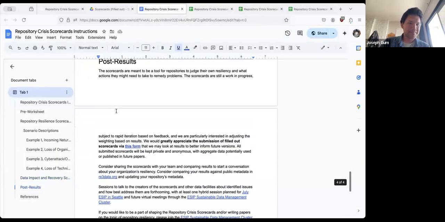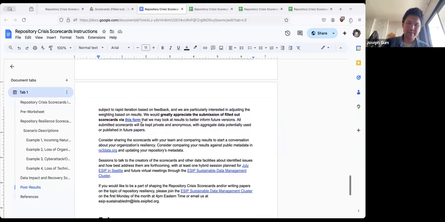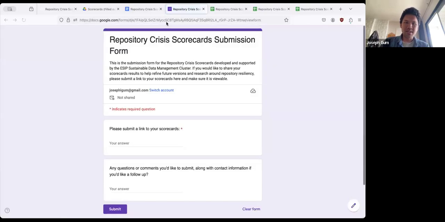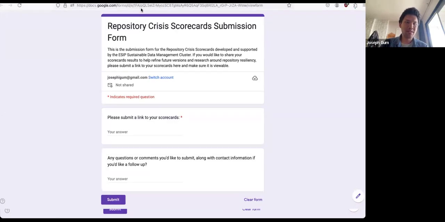And so finally, like I said, we've finished the first version of the scorecards at the beginning of the month. For April and May, we're hoping for the scorecards to get out. We would really appreciate if anyone that finishes the scorecards can either email it back to us or use this form to send us their scorecards and so we can take a look at it and make sure that all of this sort of makes sense.